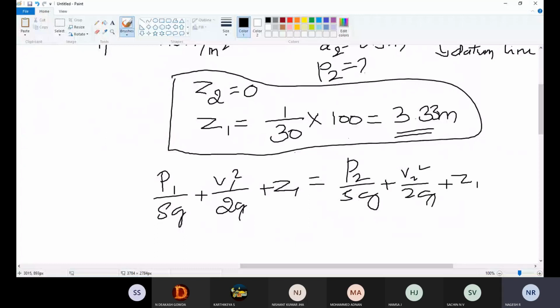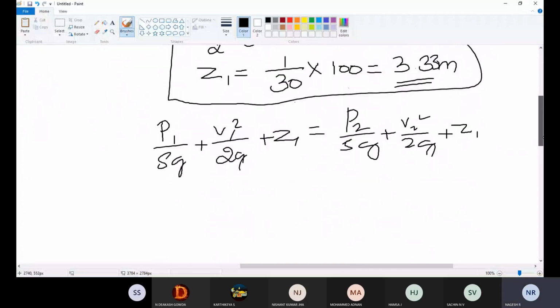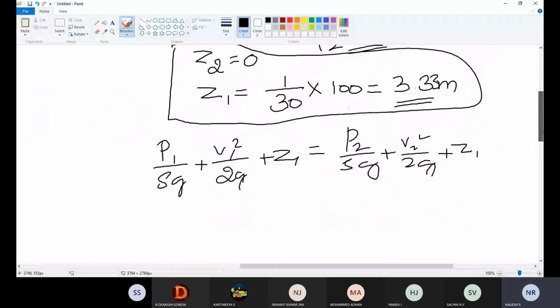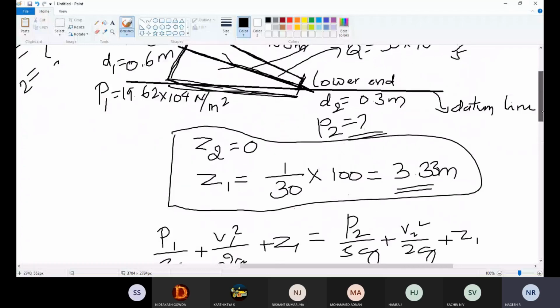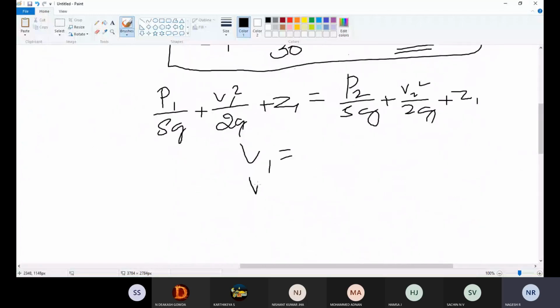Now, what should we find out? We should find out P2 only. The same procedure is repeated. V1 and V2 are not given here; you take the Q value and find out V1 and V2. Then tell me what is P2. Make it fast. It is only a simple thing, but it makes a small variation in the problem, which can be confusing to you people.